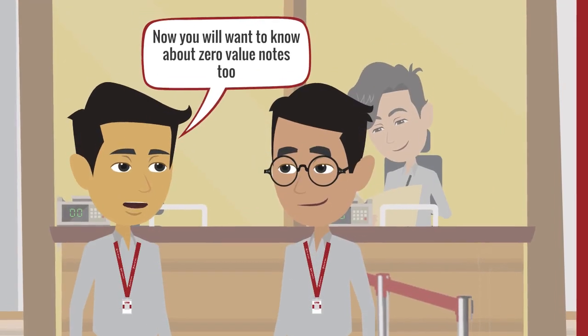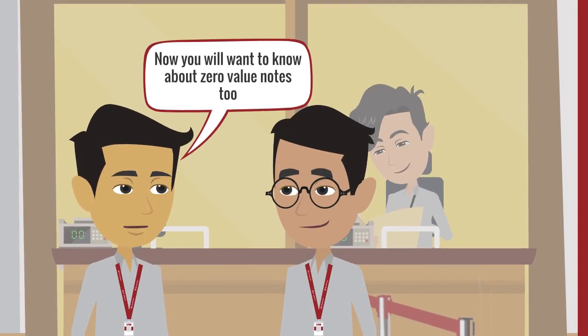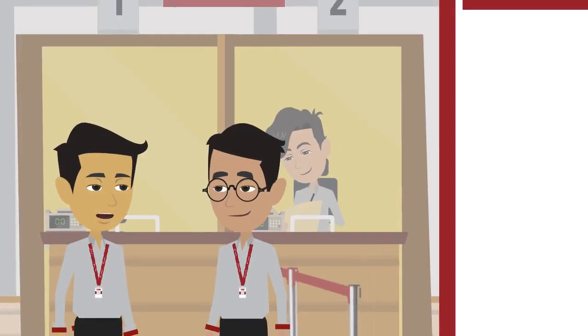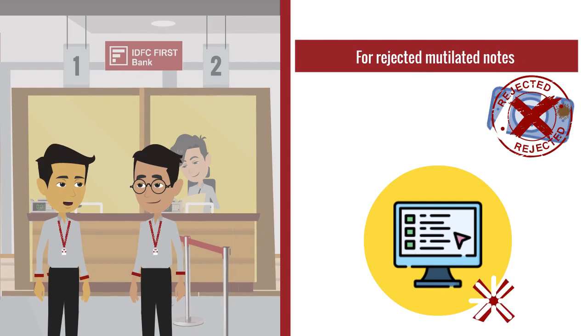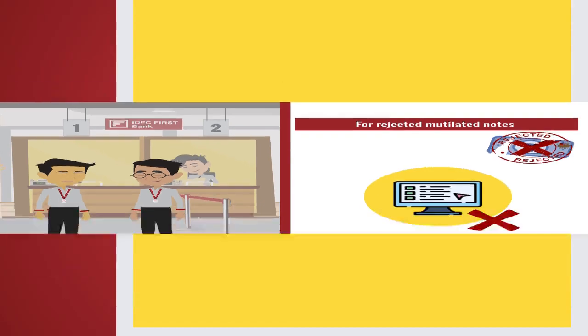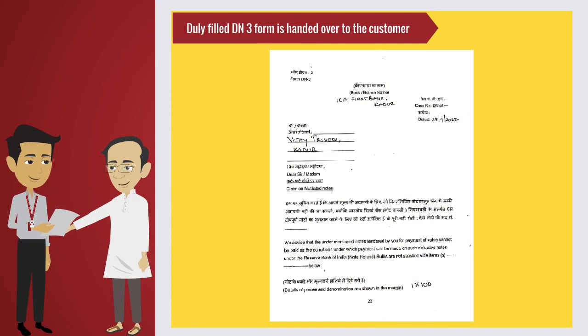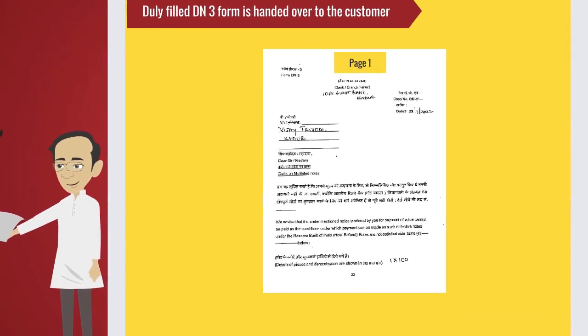Now, you will want to know about zero value notes too. Yes, what to do with them? For rejected mutilated notes, there are no system entries. A duly filled DN3 form is handed over to the customer. On the first page of DN3,